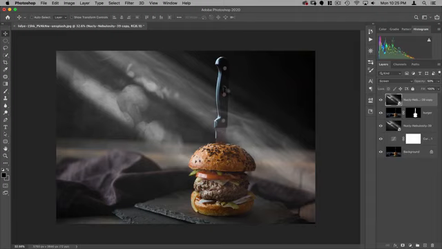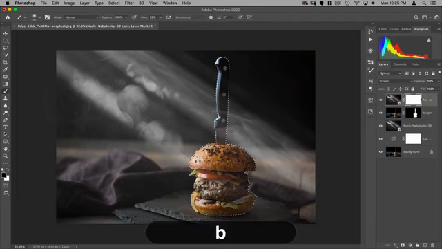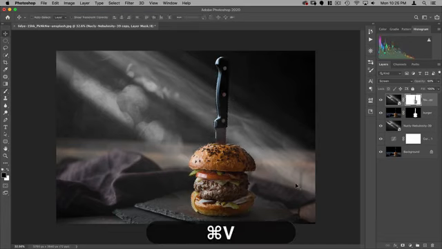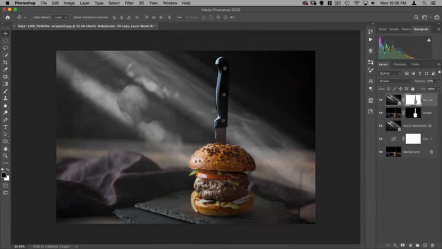I think probably it's a little too strong on the knife, and what I can do is I can add a mask just to this top one, Command click on my bottom mask, and then using a big brush with the flow still set at 25 and black as my color, I can just paint right here. Just like that. So there you can see that mask, if I option click on the mask, is hiding a little bit of that foreground atmosphere. So that looks pretty good.